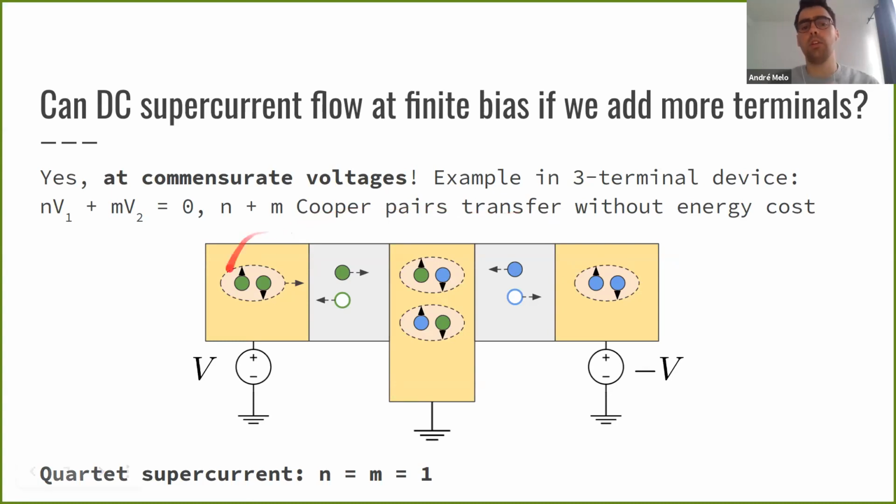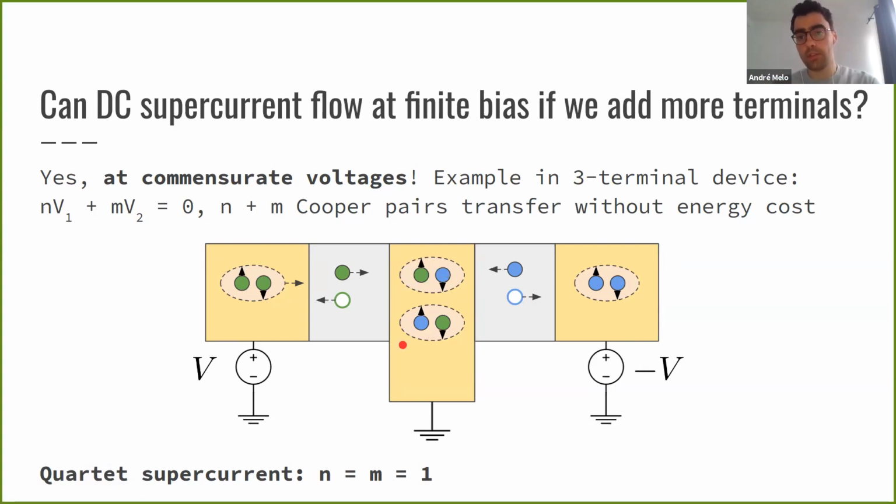So here, let's consider a device that is now S, N, S, and S. So we have 3 superconducting terminals, and this middle superconductor is grounded. Now, it turns out that if you bias the left and right superconductors according to this expression, N V1 + M V2 = 0, where N and M are integers, then you can actually transfer N + M Cooper pairs to the central superconductor